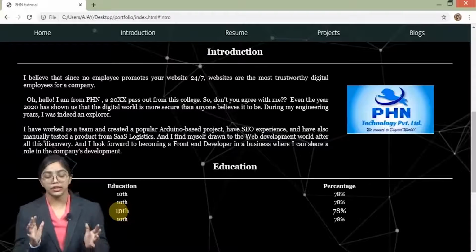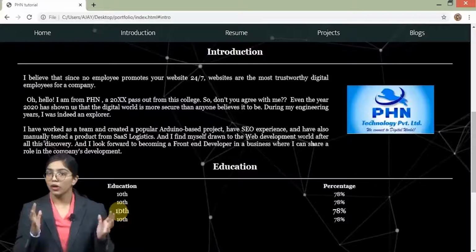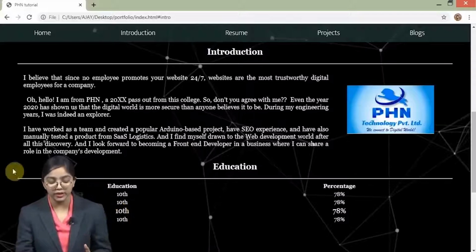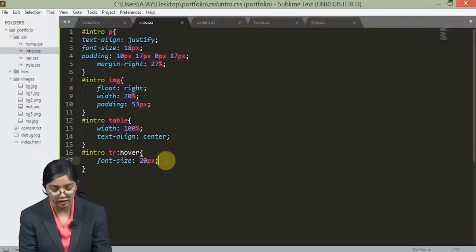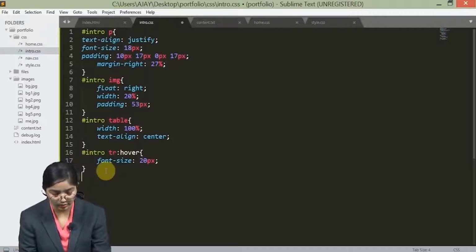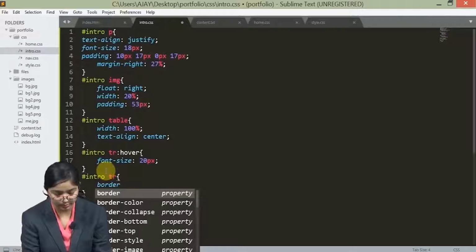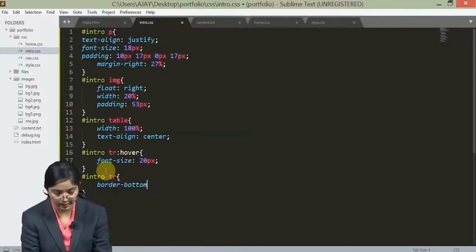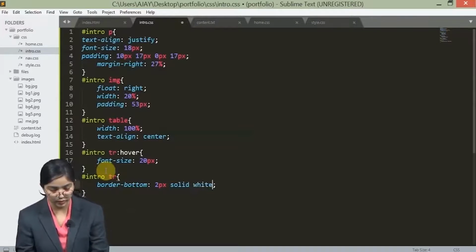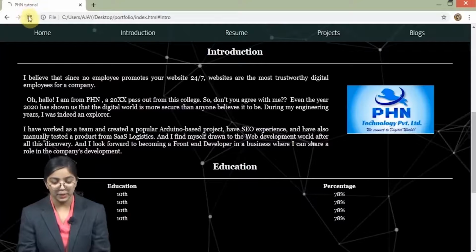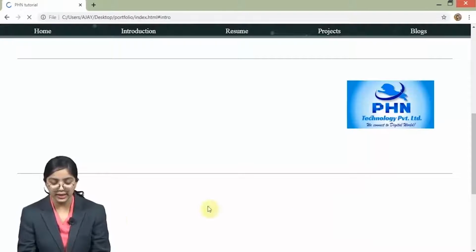Now in this particular table, what all you can do? You can create the borders, you can define the borders, or you can define particular borders. Like I can give here bottom, or let me just take it into tr. I can define border sides, right? Just like in tr, and then I can give border-bottom as, let's just say, solid. Let's just define the size first, the width 2px, and then it is solid and it is of white color. So I have defined it. Now let's just see what will happen. A bottom border would be created.